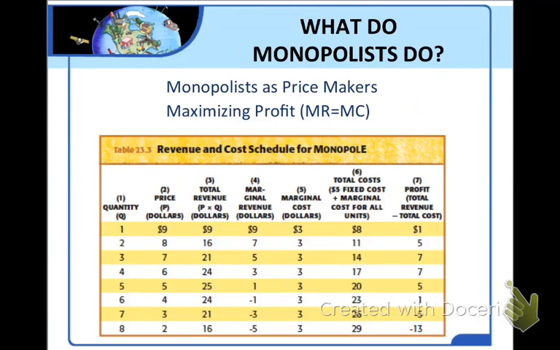A monopolist, like other types of firms, is interested in maximizing profit, not revenue. Monopoly's profit is reported here in column 7. To find profit in this case, we started with total revenue, subtracted the fixed cost of $5, and subtracted the marginal cost of each of the units produced. By comparing the profit numbers in the table, you can see that Monopoly maximizes its profit by producing either 3 or 4 units, where the profit is greatest at $7.